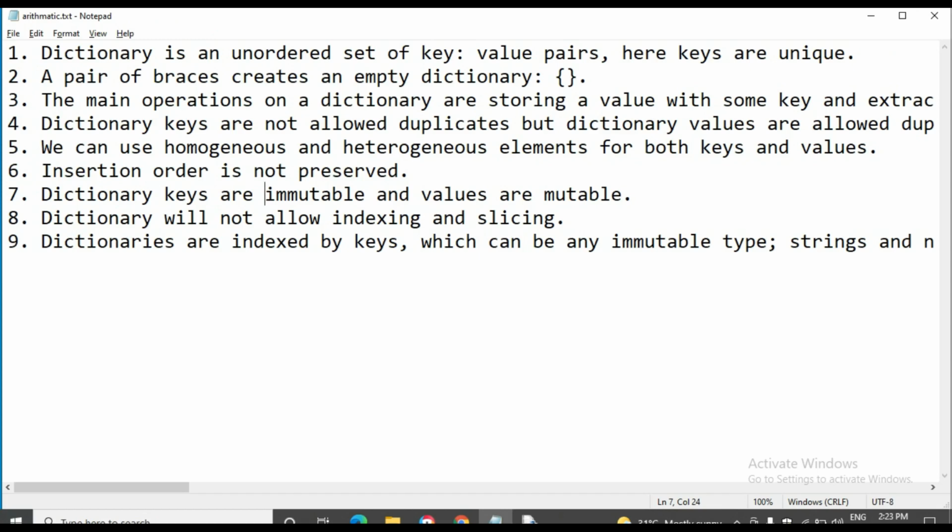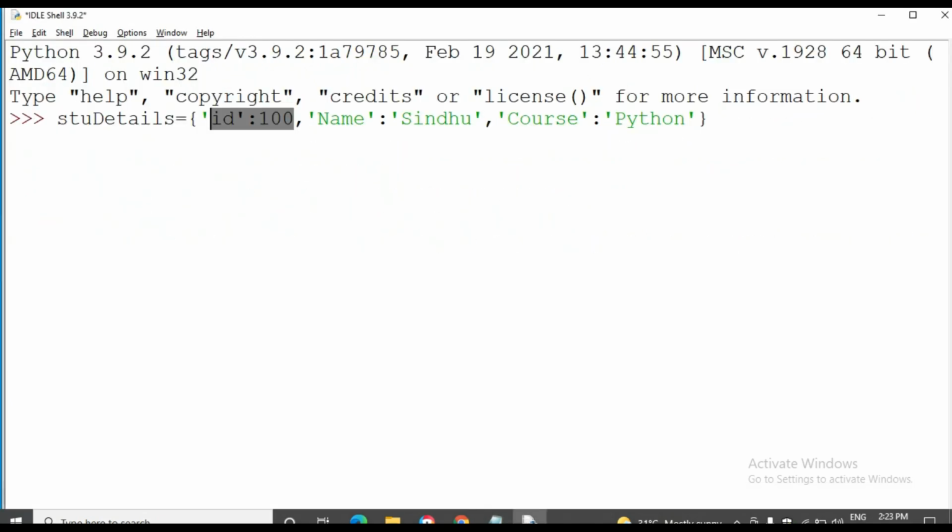The next one is that a pair of braces creates an empty dictionary. If you want to create an empty set, we use the set function to create an empty set, but here we don't do anything like that. Simply use the pair of braces, and it will create an empty dictionary.